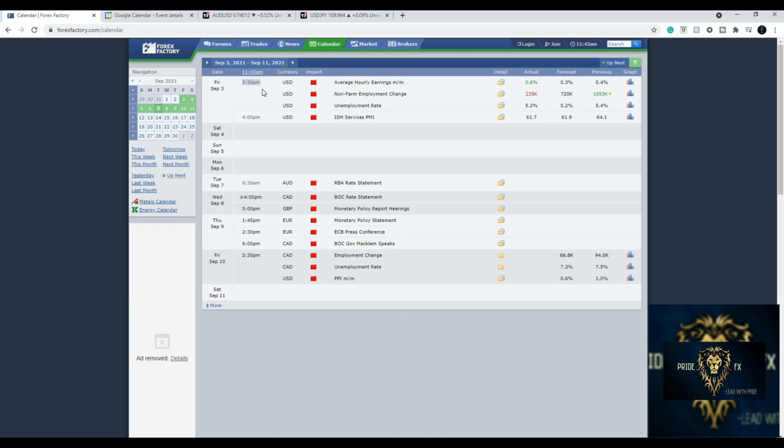So for you to change that, you need to go over once again to pride/fx.com. Look at part 3. It does show you how to change the time to where you are living. And also it's going to show you how to fix these filters just to see the highest volatile news on your calendar. Okay. And so the currency that we will be trading is USD, United States dollar.